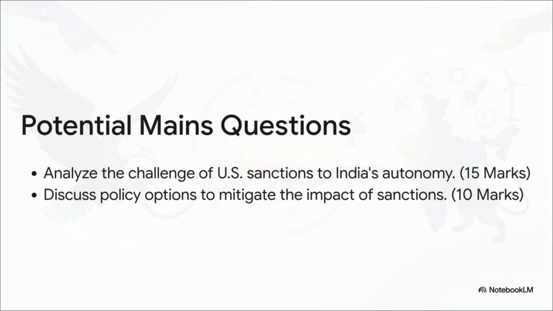Okay, so let's look at some potential mains questions. If you get a question like the first one about strategic autonomy, here's your structure. Start by defining unilateral sanctions, then walk through India's history of compliance. Next, talk about the opportunity costs. And finally, make the argument for drawing a red line. It's a logical flow. Now, if the question is more about policy options, like the second one, you just lay out those 4 steps we just talked about: payment systems, BRICS, air-gapped institutions, and renewables. See, the framework we've built here gives you a really strong base to answer either type of question.